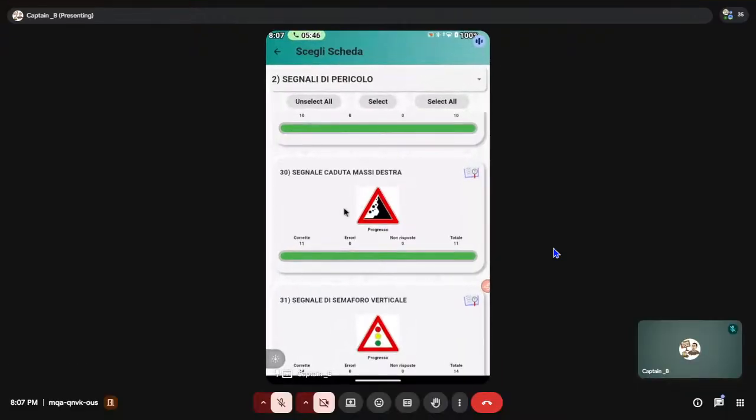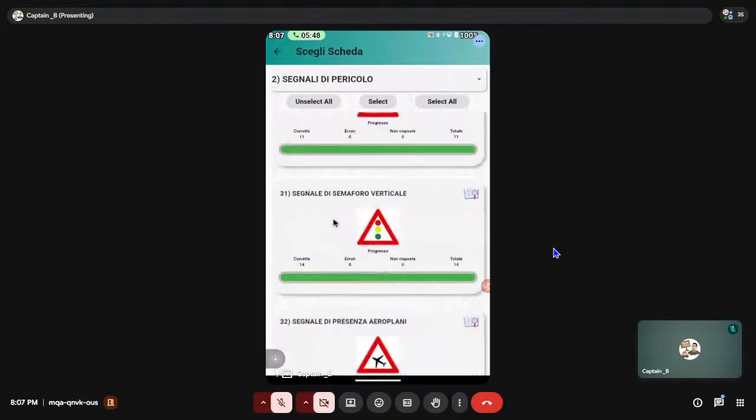Okay, so we started from 31, right? Remember in our previous class we stopped at 30. So we started from 31. And then as I said before, that sign of pericolo is always found 150 meters before the danger, right? Hope you remember. Good. And now we're talking about the same sign of pericolo, but this is called segnale di